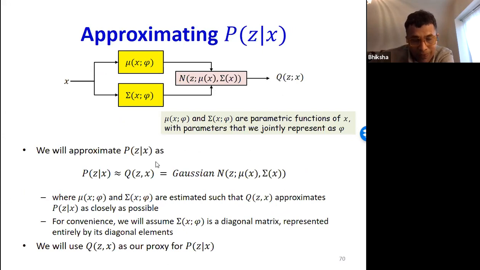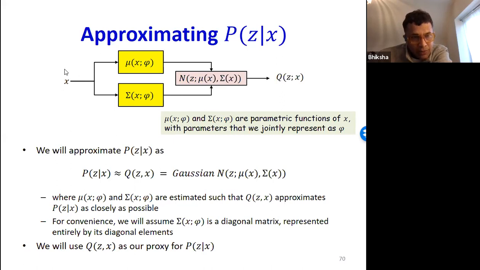So what can we do? We're going to try to approximate p of z given x. I don't know p of z given x, but I'm going to approximate it as a Gaussian, where the mean and the variance of the Gaussian are functions of x.